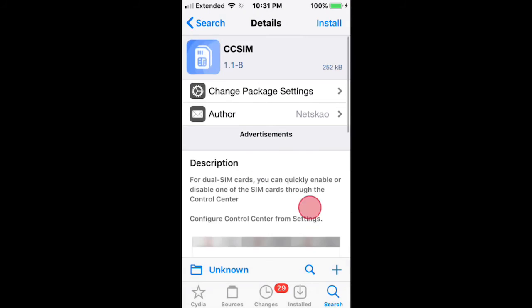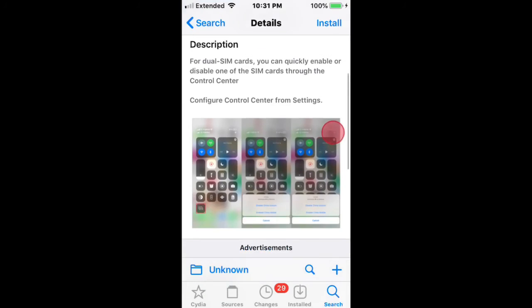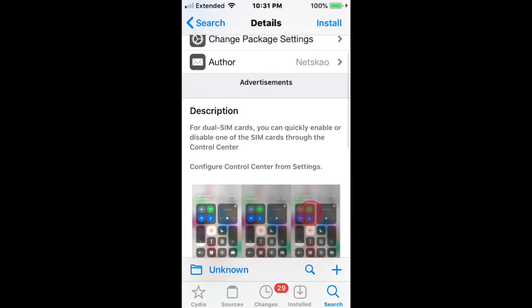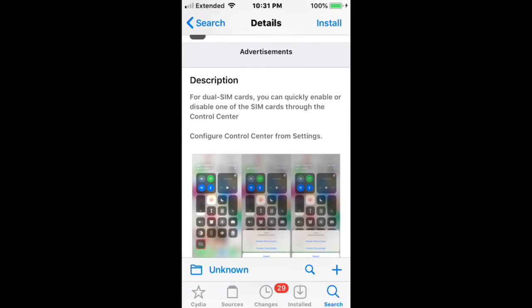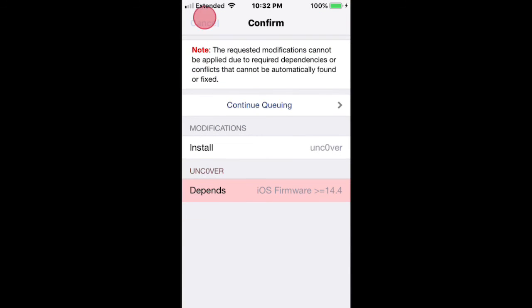It's called CCSIM. For dual SIM cards, you can quickly enable or disable one of the SIM cards through the Control Center. Display